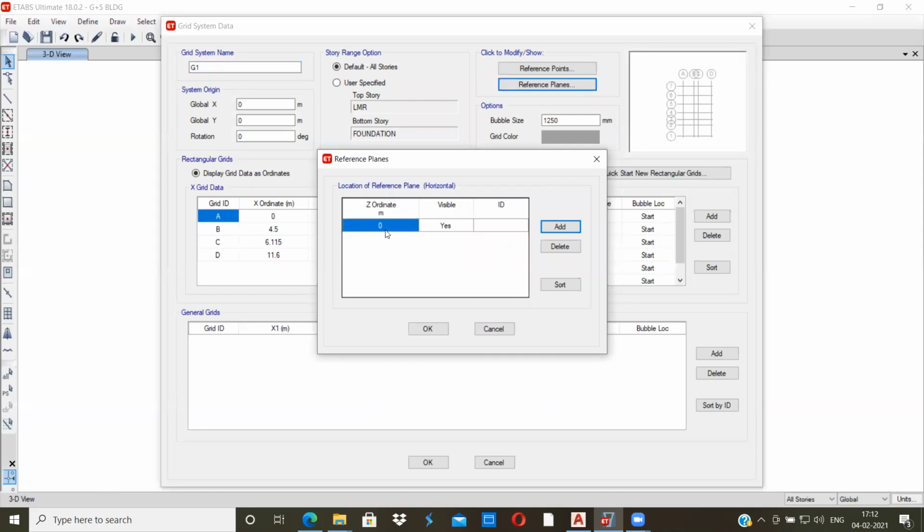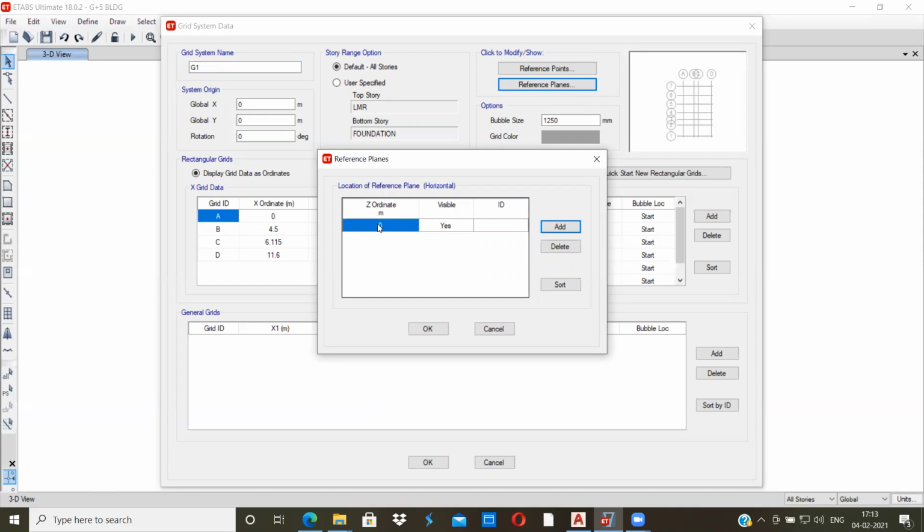Okay, so landing beam, for example, if I'm in the ground floor, so it comes in between the plinth and first slab, right? So it comes in between the plinth and first slab, or at the half of the height of the floor levels. For example, if the floor height is 3 meter, what we have assigned is 3 meter, so the landing beam will come at 1.5 meter. Okay, so 1.5 meter, but this ordinate takes from the foundation.